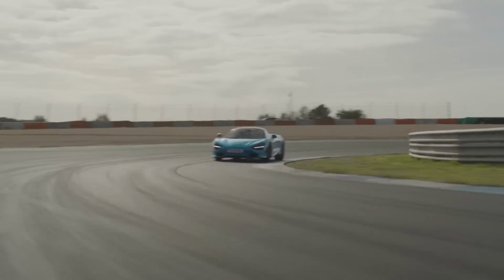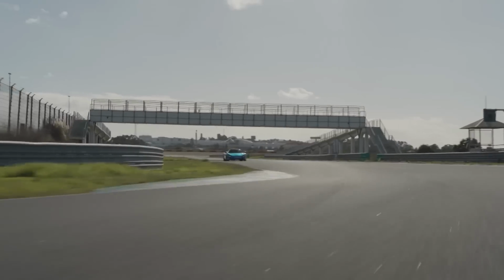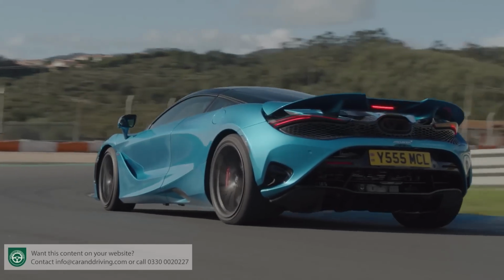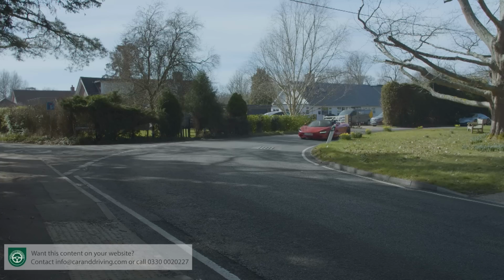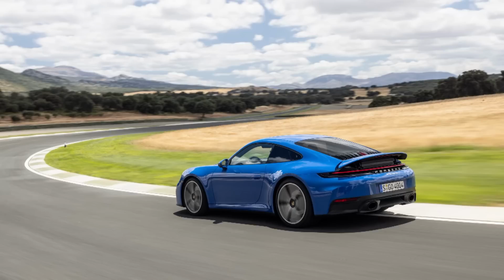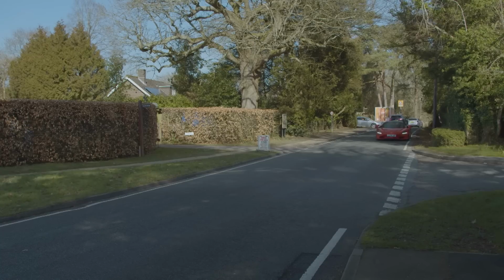We referenced the racetrack earlier. You'd ideally engage in at least a bit of circuit driving to get the very most from owning this car. But then all supercars feel good on a track. What's so amazing about this one is the great extent to which you'll enjoy it even if you're just cruising around. It's really no harder to drive than something like a Porsche 911, and in its softest comfort setting, this 750S rides the bumps better than some family hatchbacks we've driven,